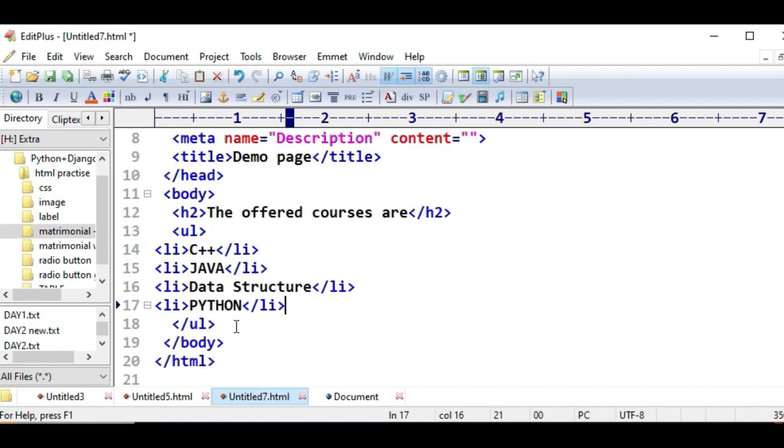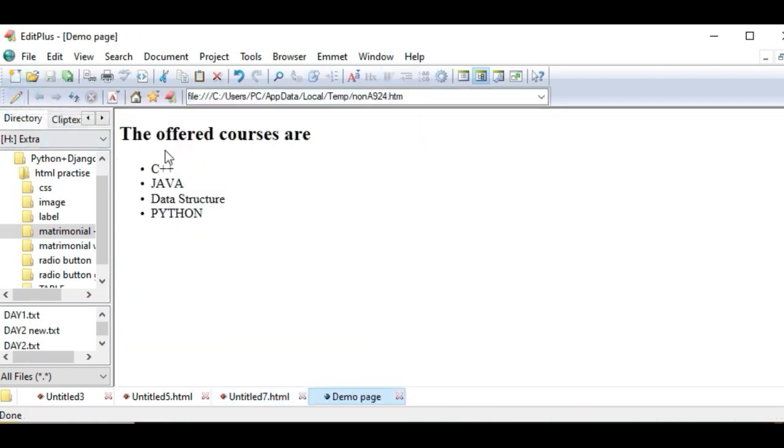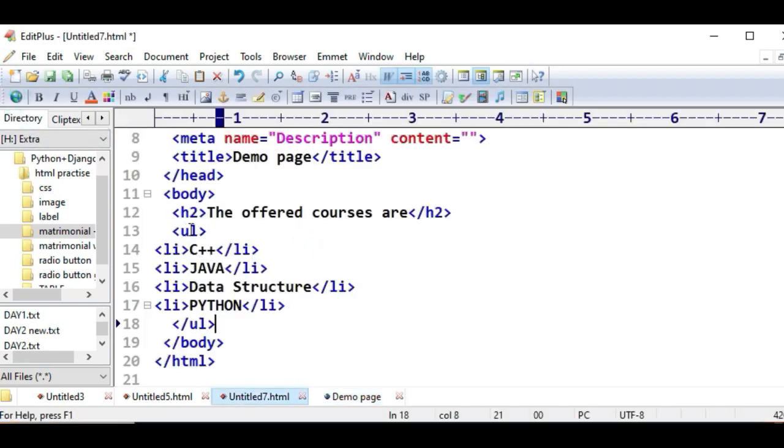Okay, so this is about the ordered list. When you execute this, you can see here this is the unordered list. When you want to make it ordered, you have to write OL, ordered list.